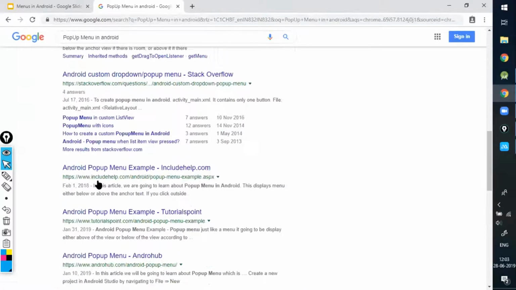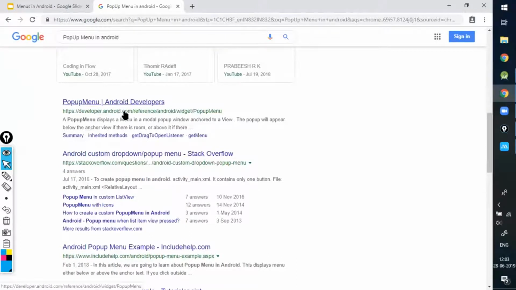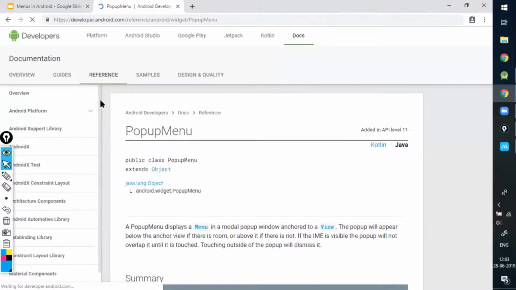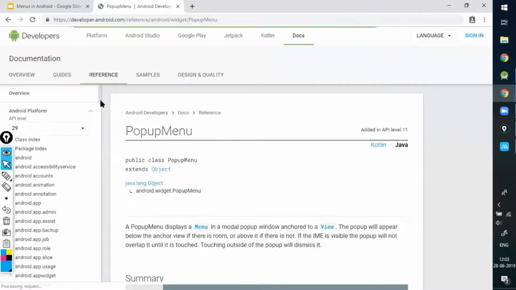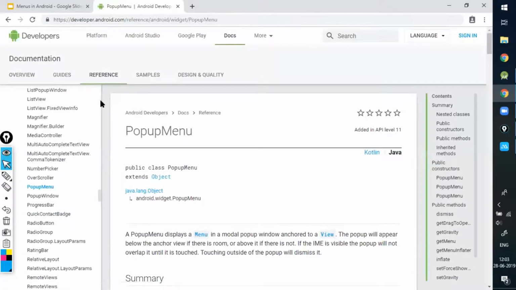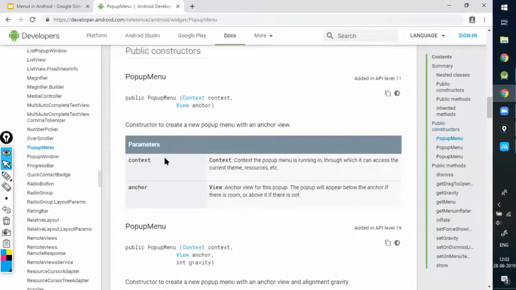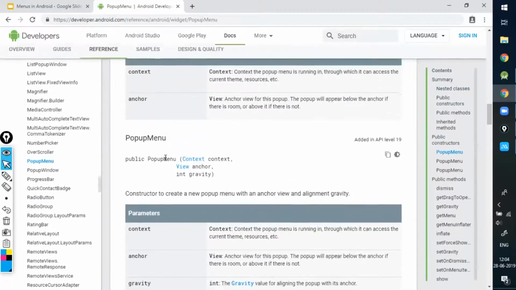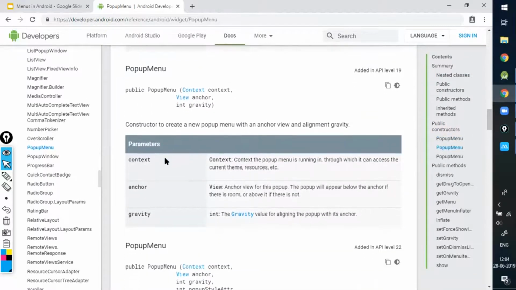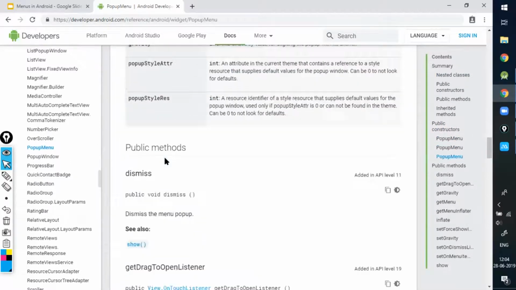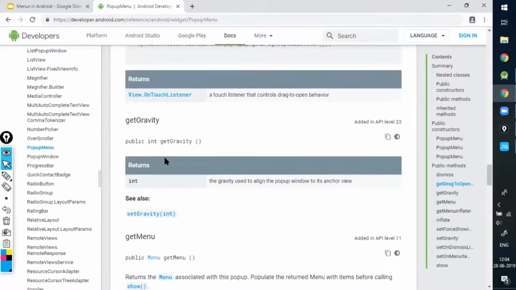So here I'm having developer.android.com. You always have to use this documentation for it. Don't refer to anything else apart from this. There are posts which are written by Tutlane and Android Hive, which are also quite good ones. Other ones are not. So we'll just move to this. Isn't a mistake here. I mean, it's view anchor only.